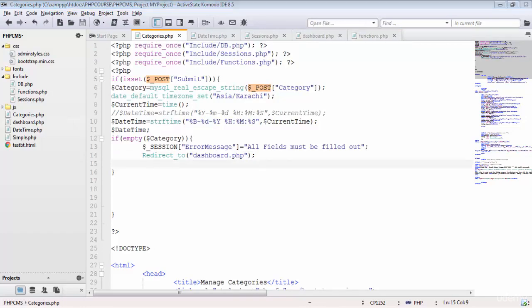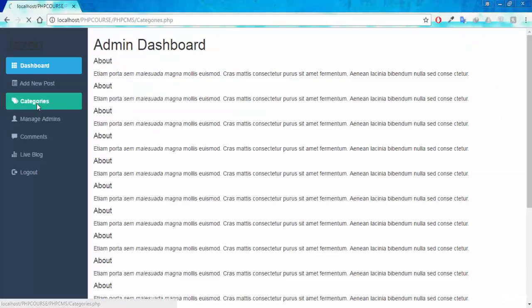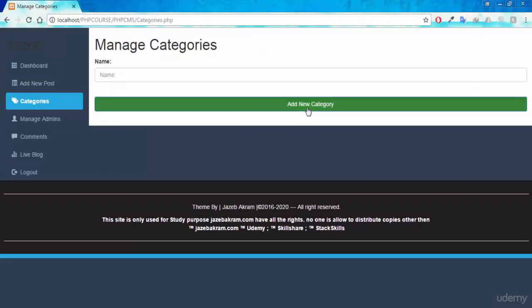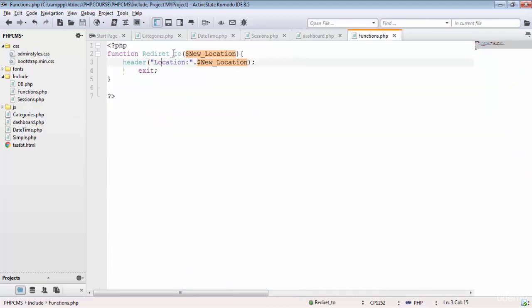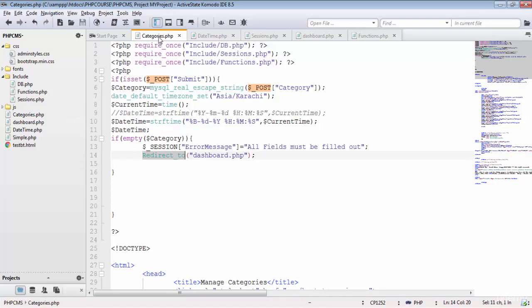So if I try to open my categories.php file, try to submit it, you can see we got this error, call to undefined function redirect_to. So we need to find out why we are getting this error. It's just because of not entering the right name here. So adding the right name, redirect_to, looks good now, I think so. Saving this one out. If I refresh this page now,